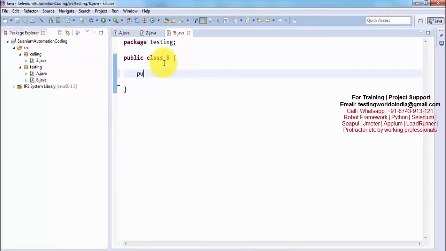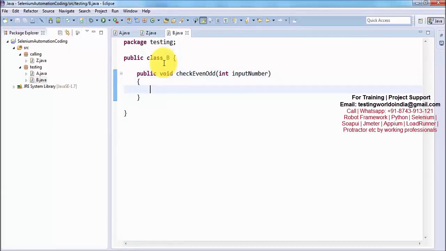So I'm going to create a method public void checkEvenOdd. This method is going to take an input number as an argument,